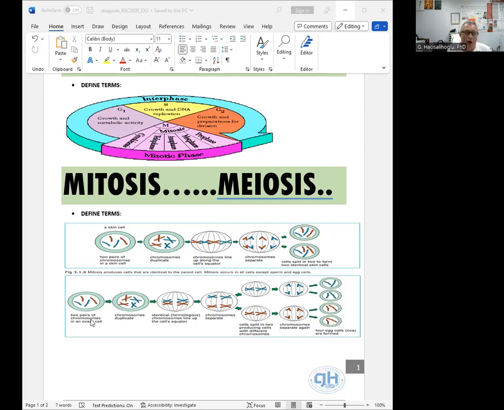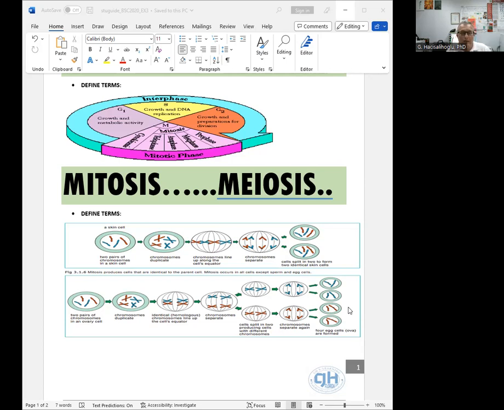Fertilization and meiosis alternate in life cycles. So you need to be familiar with the life cycles of organisms. Meiosis reduces the number of chromosomes from diploid to half of the number, and genetic variation occurs. At the end of meiosis, if you look at these daughter cells, they are not identical to each other. They are all unique. Some of them might look similar to the parent, but not all of them. They are unique, not identical.